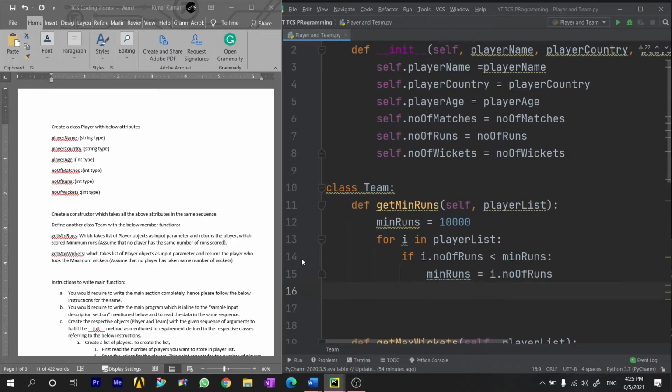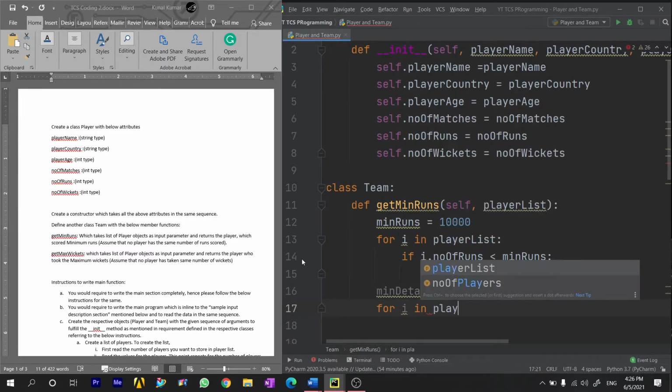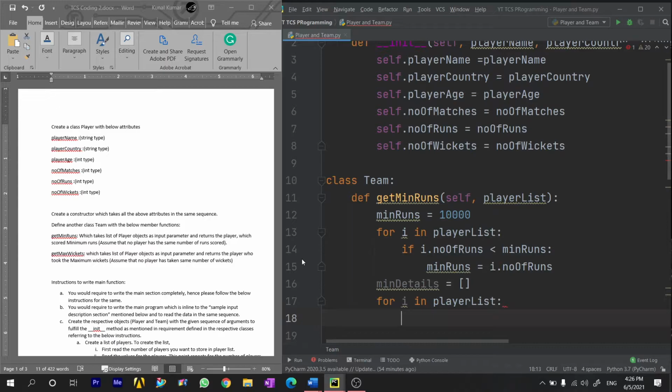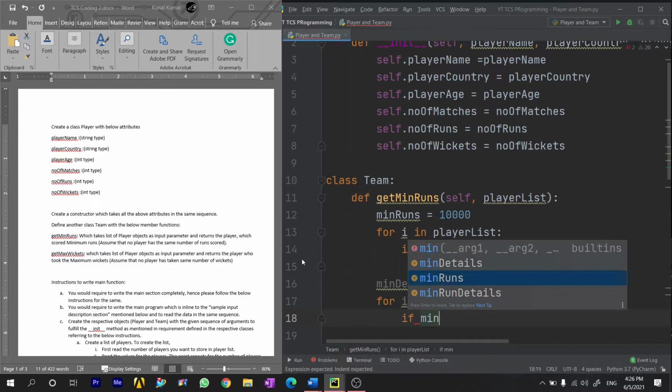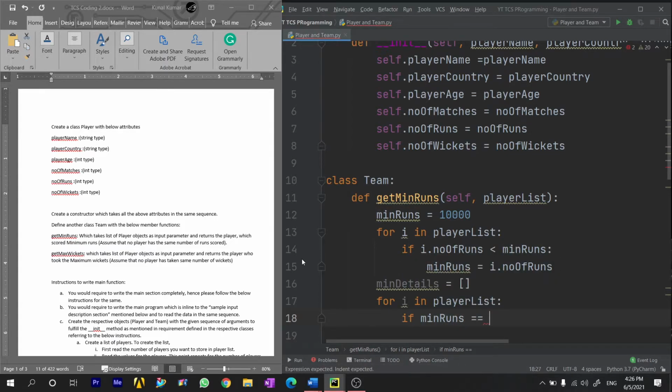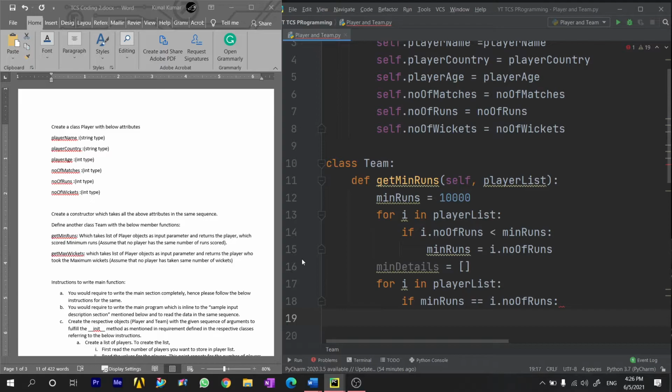For details, we will create a list, min details, and again looping through this player list, we will check if min runs is equal to i dot number of runs. If this condition is true, then we need to give the player details over here in min details.